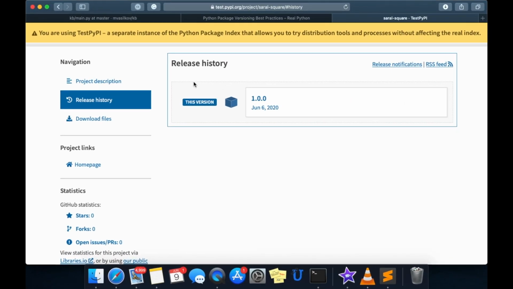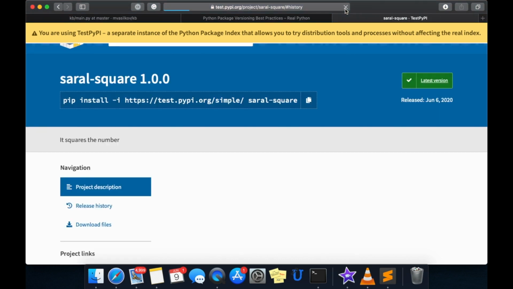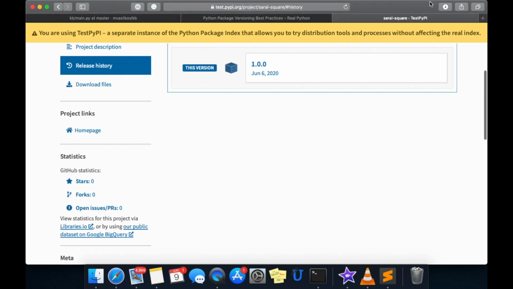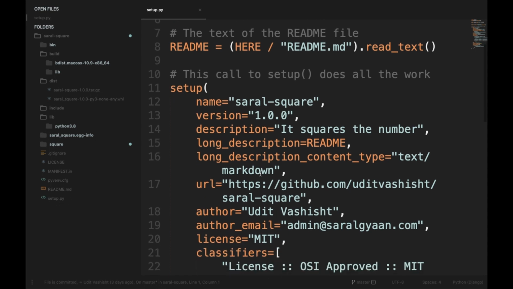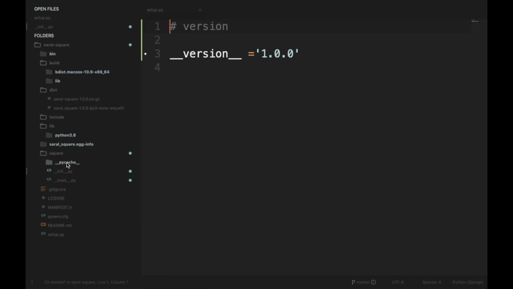And now if we come to this test PyPI page and refresh it, the version is still 1.0.0 and the changes won't be incorporated, though we have pushed the new code. The reason for that is we didn't update the version in our files. So here our code holds the version number in two files. The first one is setup.py and the version is here, and the other one is init.py and we have got